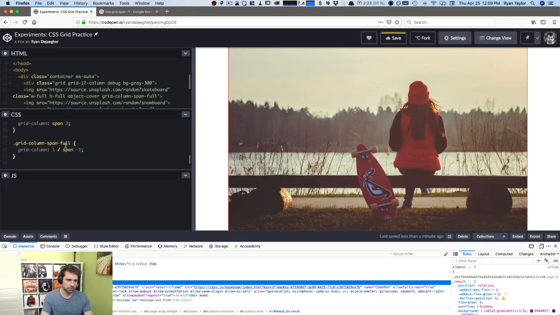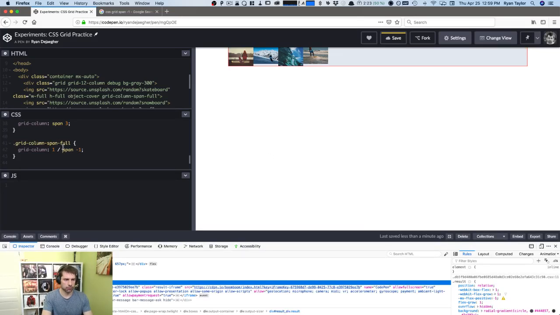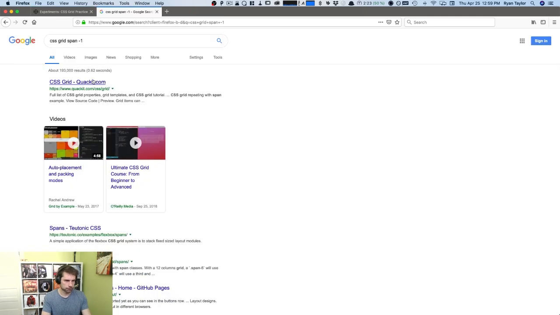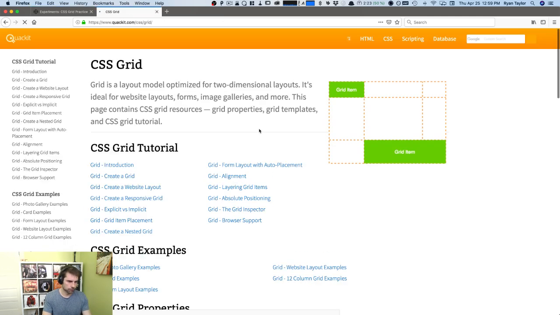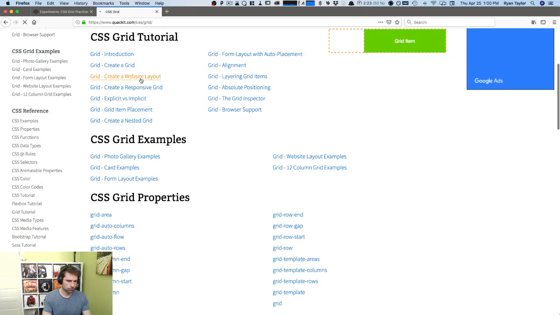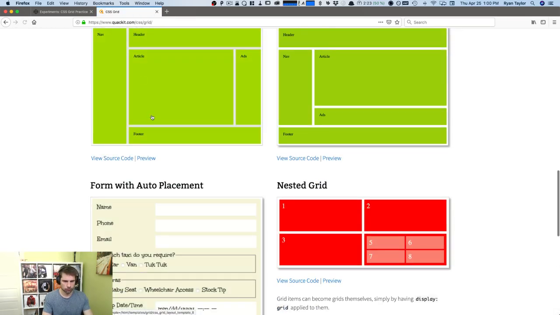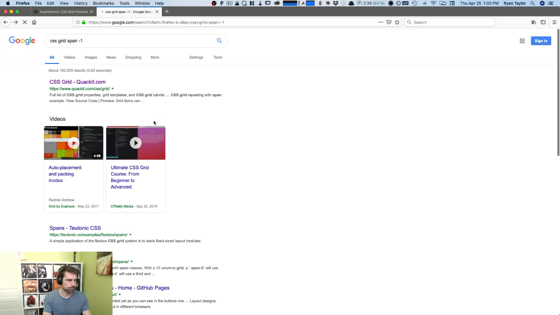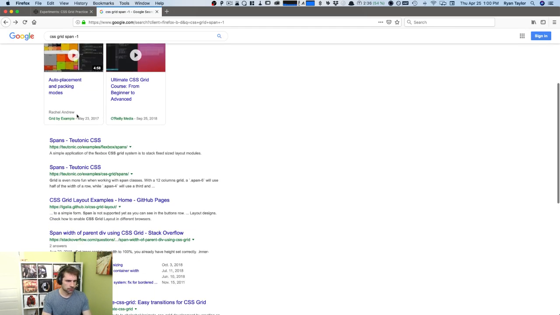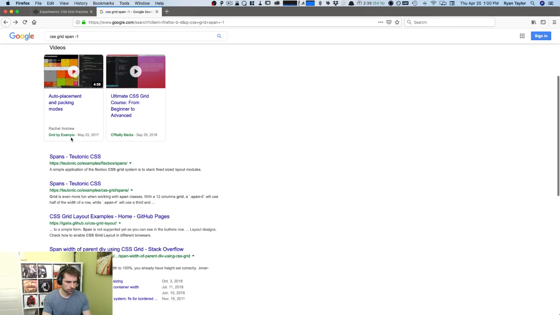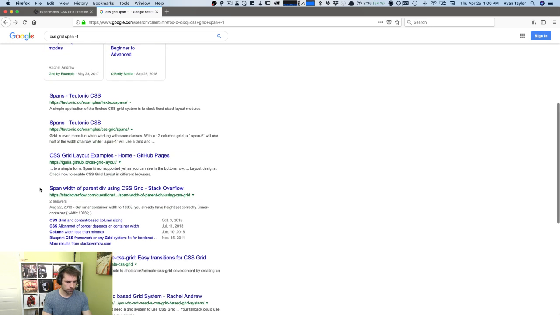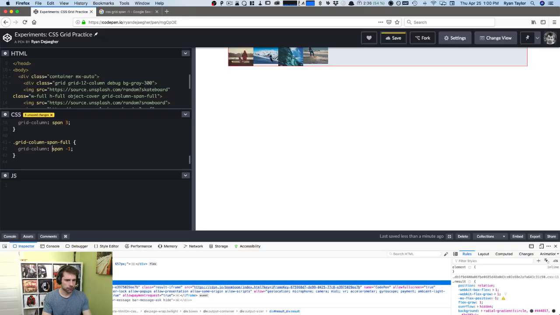So it looks like it's not span. For now I've got to revisit this, but for now what you can do, if you want a full span across really any number of columns,